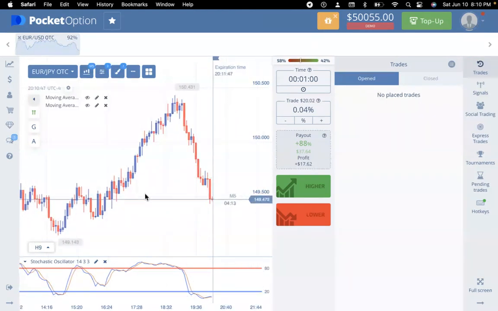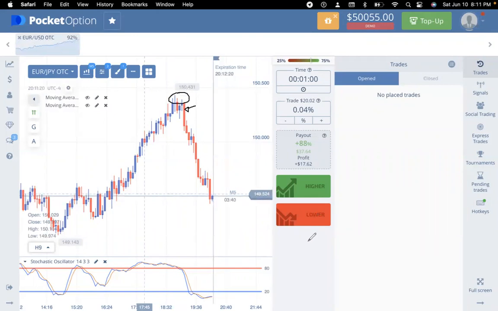There are a few different ways, but I like to go by the wicks. These price action snapshots that are forming are actually letting us know whether the market is going up or down. The blue candles mean that price is being pushed up by the buyers, and the red candles mean that price is being pushed down by the sellers. So you'll notice sometimes the candles will appear more flat, like such, which means that price isn't debated above or below this price, or you'll start to see the wicks on the candles